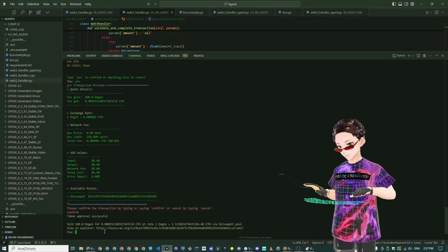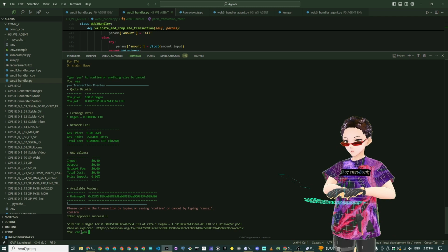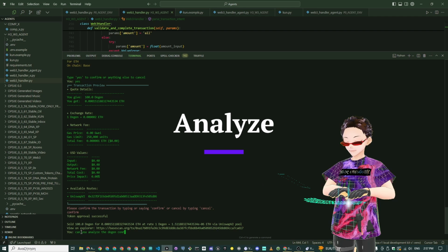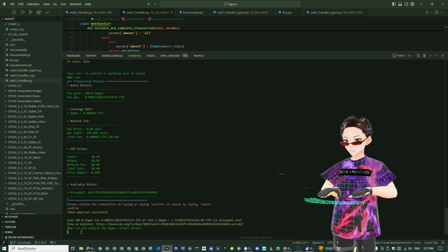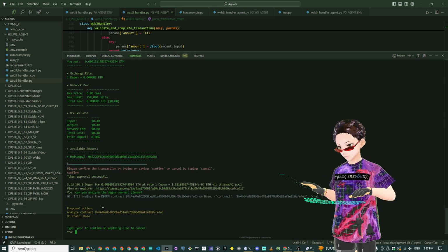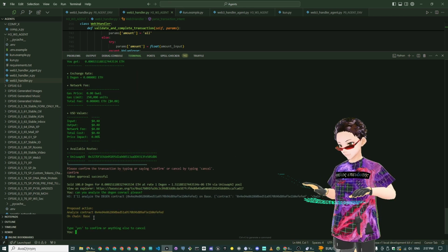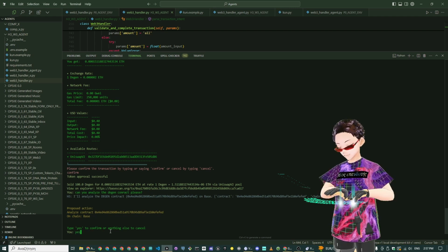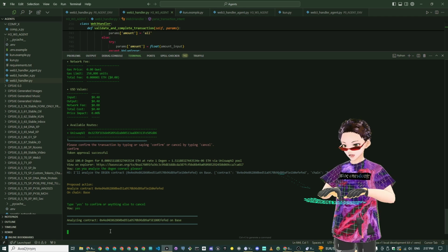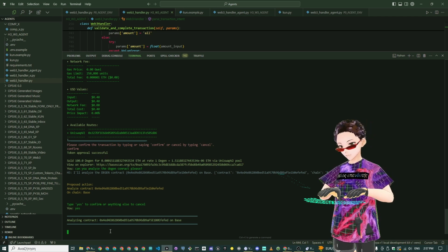Now, let's see some of the newer and more complex stuff. Let's say, can you analyze the Degen contract, please? Suggested action is analyze contract, this Degen contract on Base, because we didn't specify. We say yes, it's going to start analyzing it, give us some metrics about the contract in question, in this case Degen,